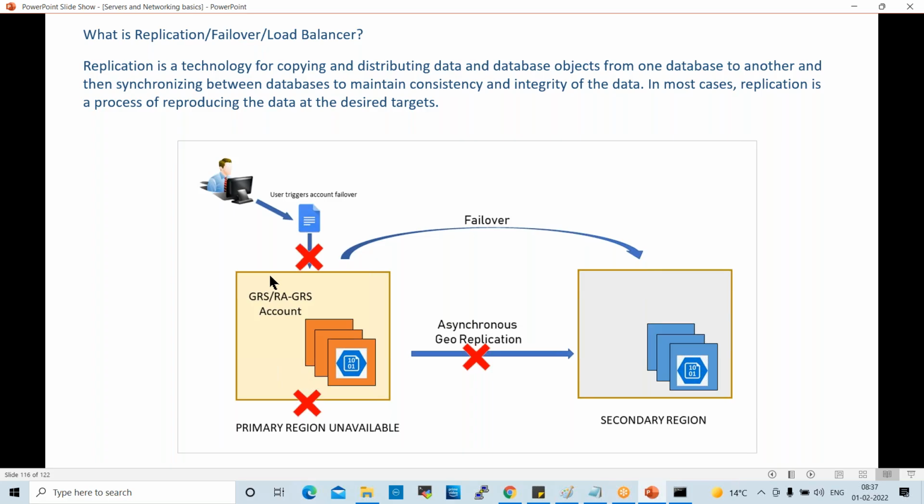So normally in a critical production environment, we enable replication. For example, we have one data center in Hyderabad and another data center in Bangalore. For critical data, like in the banking domain, in the backend we enable failover or replication. Whatever data is available in the Hyderabad region will be synchronized with Bangalore, so if the Hyderabad data center is down due to some issue,